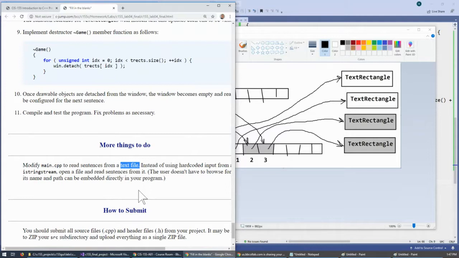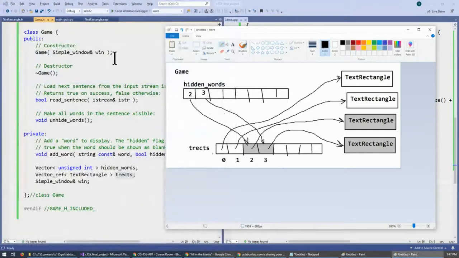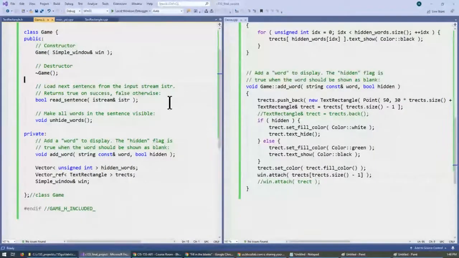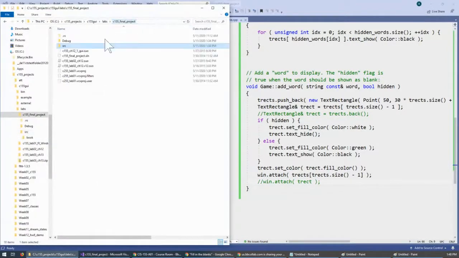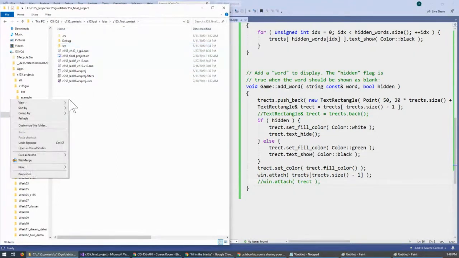All right, so I'm assuming that when we start running our program inside this Visual Studio testing environment, it starts in the same directory where the project directory is located. So how about I go to the final project